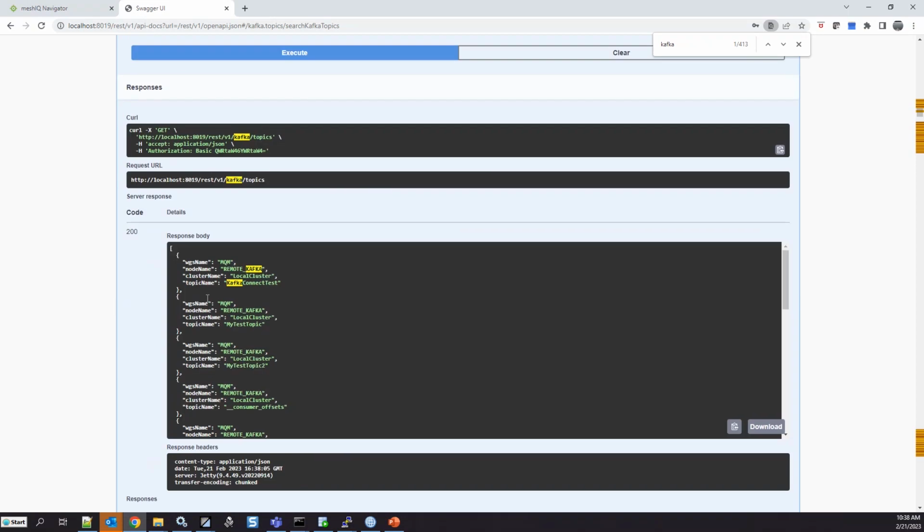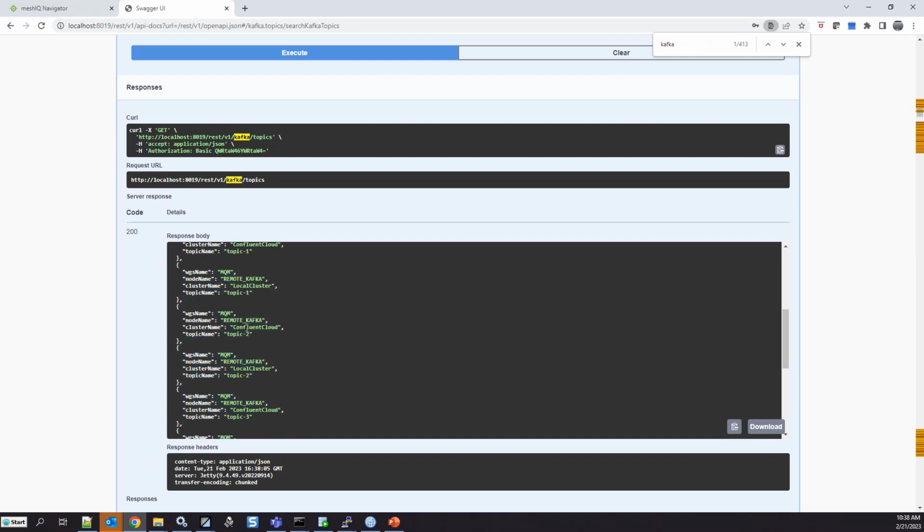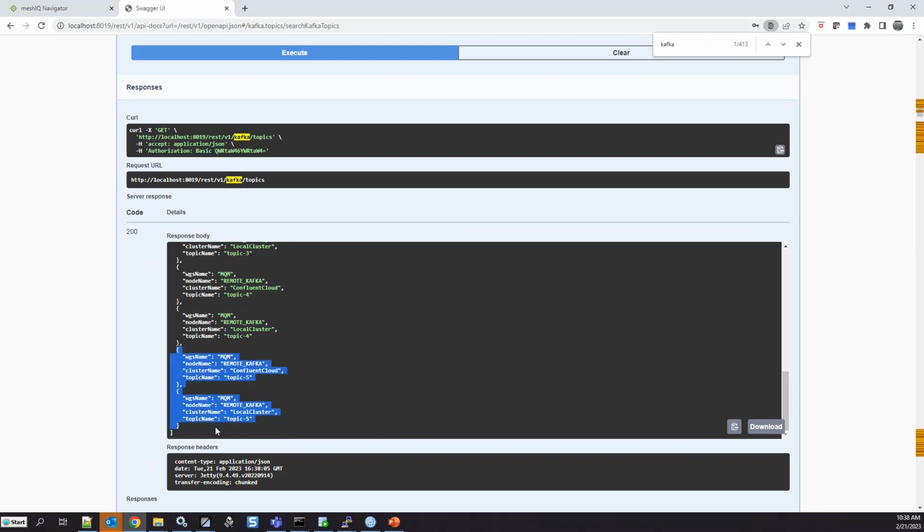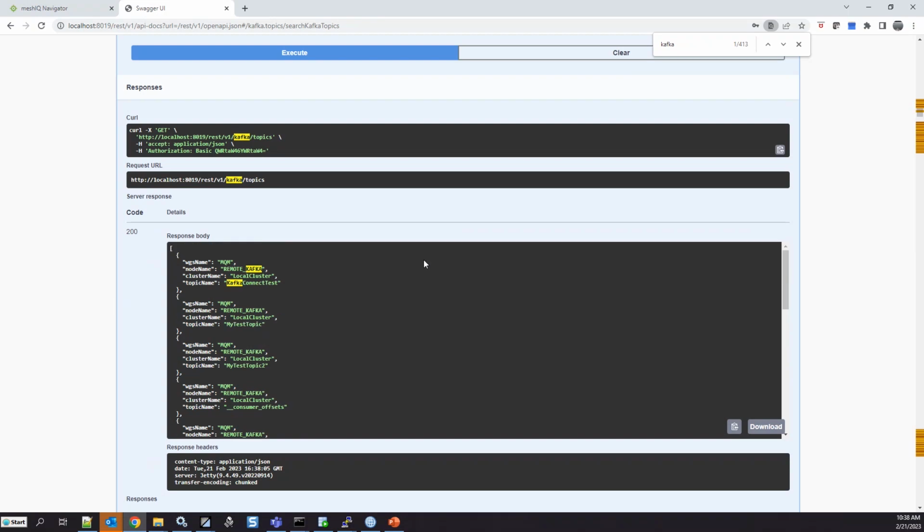So we've now run a REST request, and if we look down here in the body, you'll see that I got a bunch of topics back. Here's Kafka Connect topic, topic 1, topic 2, topic 3. And again, some of those were in the cloud, some of those were in my local instance. So pretty much the same view that I saw in the tooling. I can get specific attributes, but for now, I just want to demonstrate how we could get access to those topics.